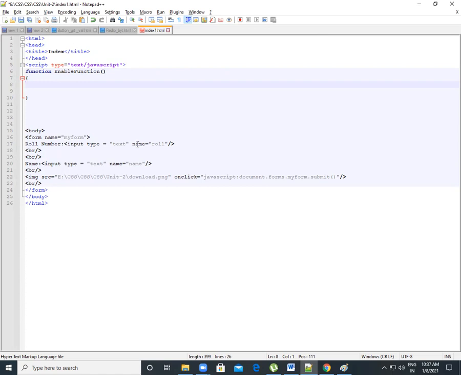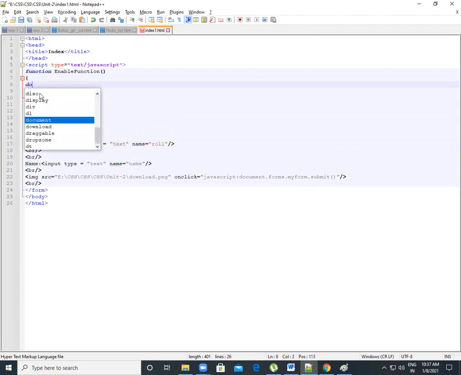For that, we use this name parameter of our input type. So we put name and then we have to disable or enable that input type, your text field. That's why we get this name and dot disabled property, correct?